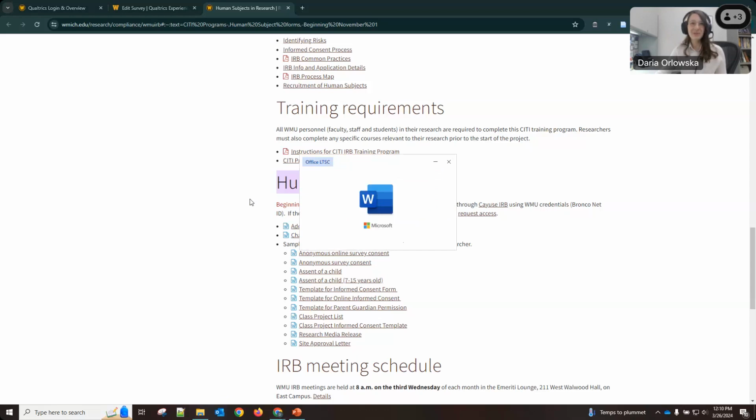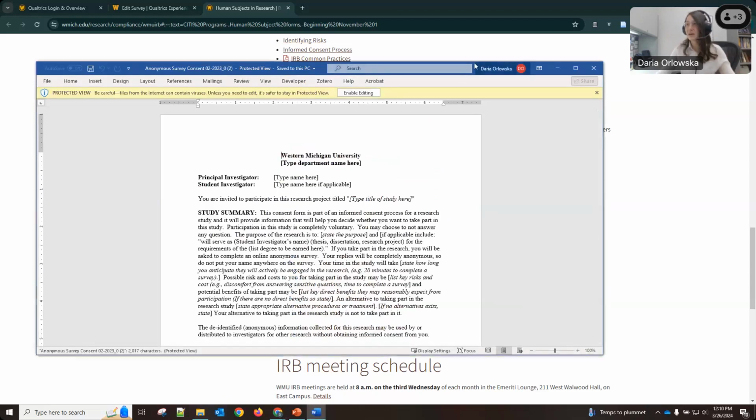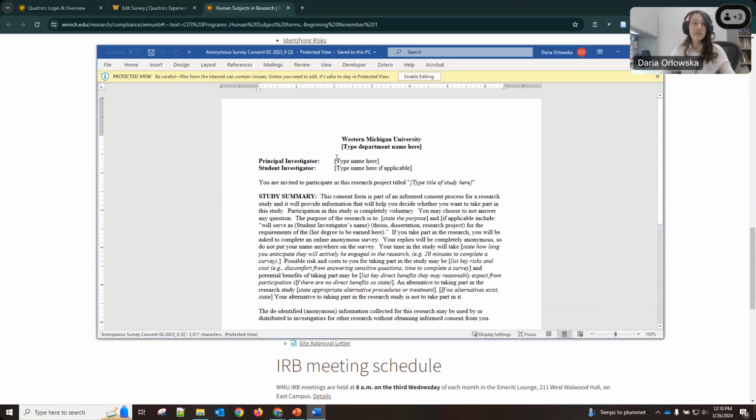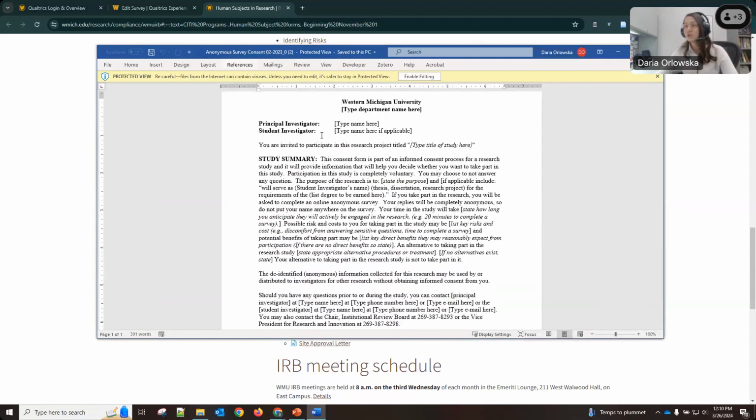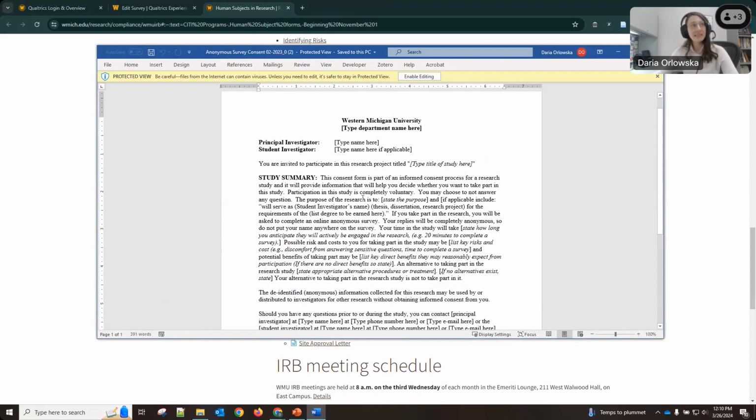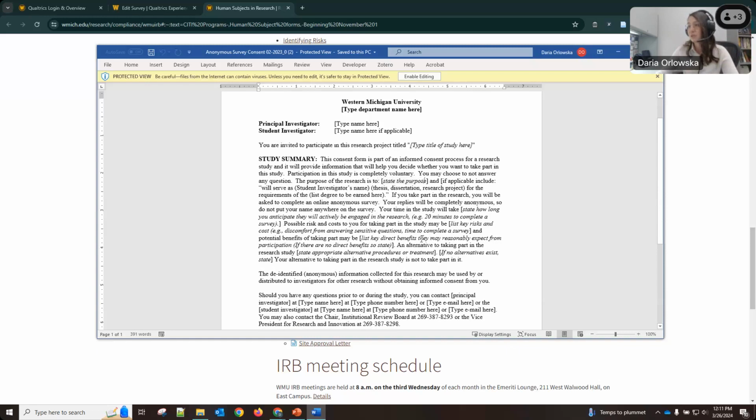Clearly, I've downloaded it multiple times, and this is kind of what it looks like, right? You have a Word document, and you have some customizable fields in here. So you can do this a few different ways. You can choose to either customize this consent form within the Word document, or you can choose to customize it within Qualtrics. It might be best for you to customize it outside of Qualtrics since you will be sharing it with the IRB through Cayuse, and so you will need access to this information, but either way, it's pretty easy to copy and paste. So you will notice that there's brackets where you need to put things in.